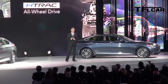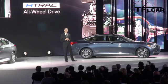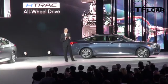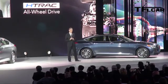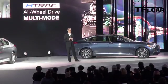To give drivers better handling under different road conditions, Genesis also features the new H-Track all-wheel drive system. H-Track uses an electronic center coupling with an active torque control. What makes it unique is its multi-mode feature. H-Track offers the all-weather benefits of conventional all